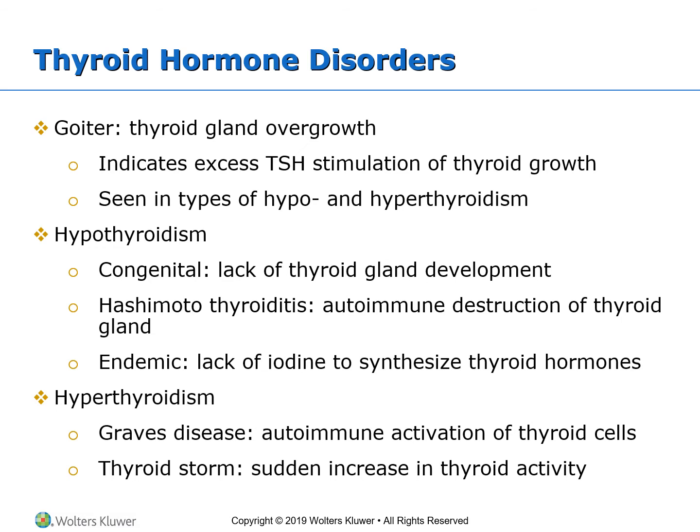Another type of hypothyroidism is what is called the endemic goiter. And this results from a lack of iodine that is totally essential for synthesizing the thyroid hormones. Without the iodine, the thyroid, even present and even in good condition, will not be able to create anything. Now,